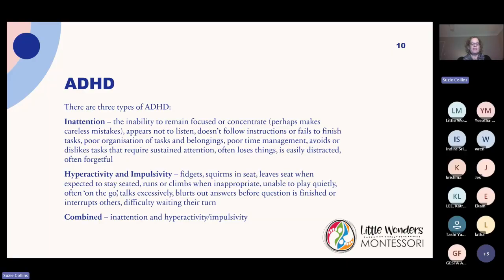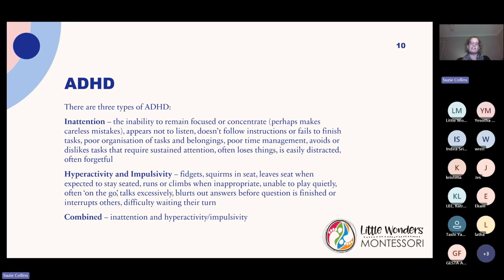The other type is hyperactivity and impulsivity. You might observe a child who is a little bit fidgety, perhaps squirming in their seat, not able to stay in their seat when they're expected to stay seated. Perhaps they're running or climbing when it's inappropriate, unable to play quietly, and often feeling like they're just on the go all the time.